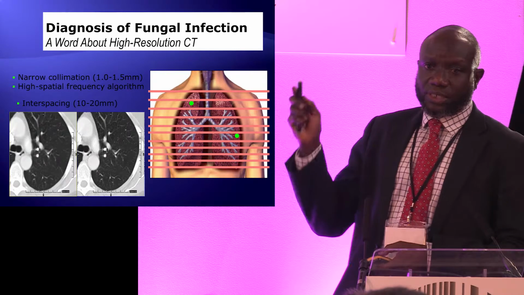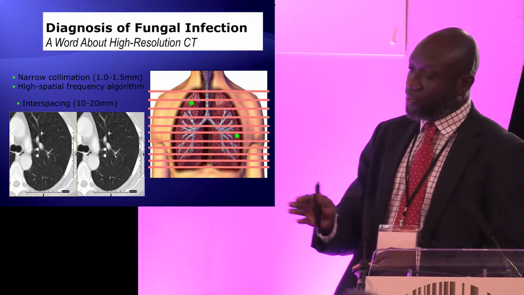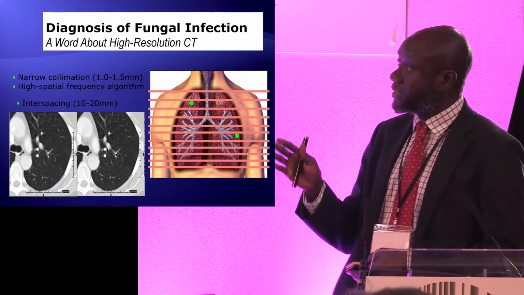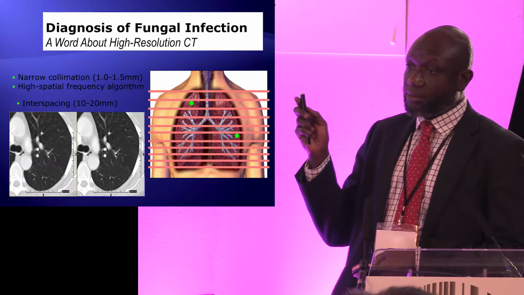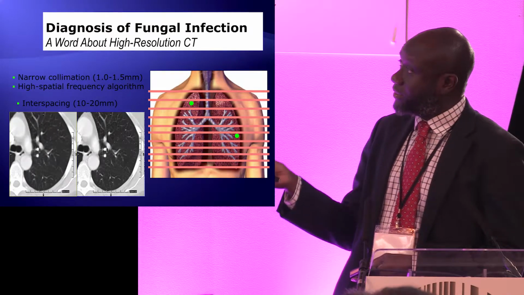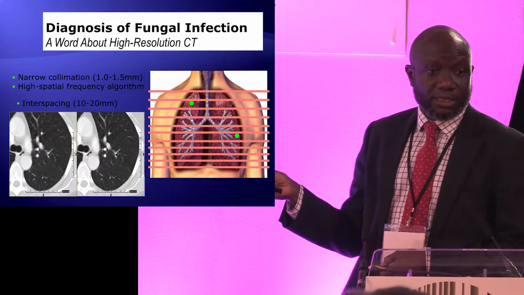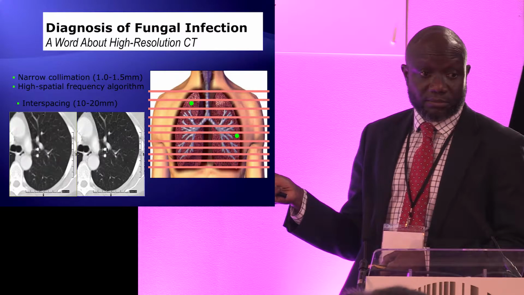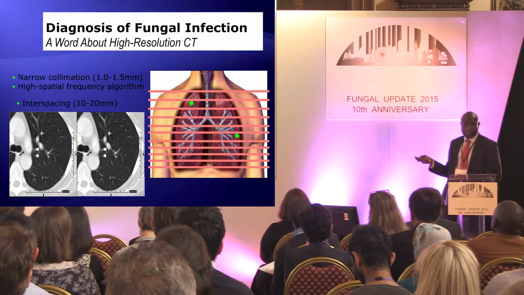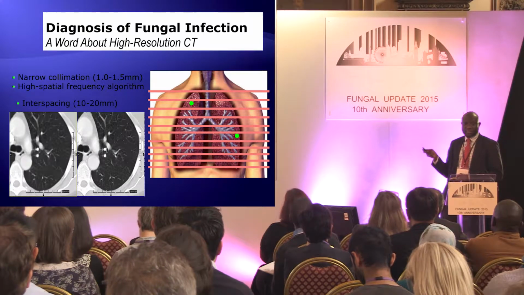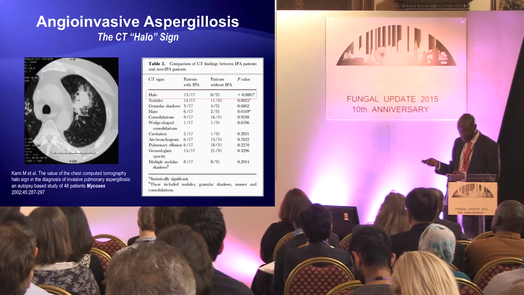In fungal infection, if you apply the same algorithm that you would use for classic HRCT scanning, there's a possibility that you may be missing part of the lungs. And if, for instance, your nodule is present in between, you'll miss that. And it may be reported as a negative scan, when in actual fact it's not negative. It's just your technique which gave you this false result.